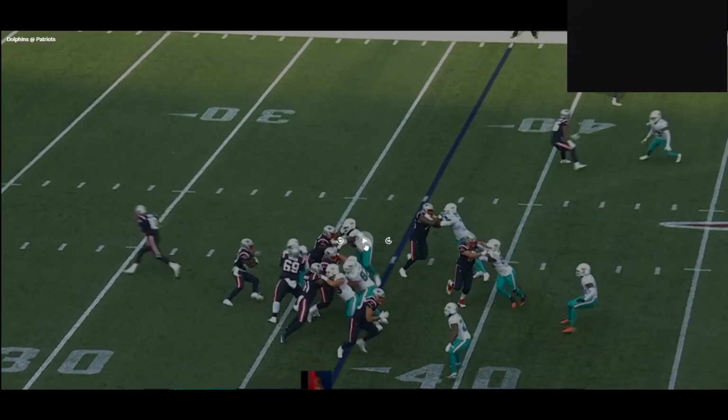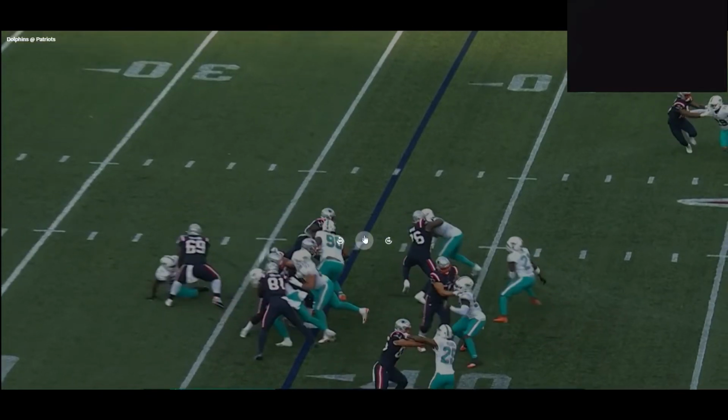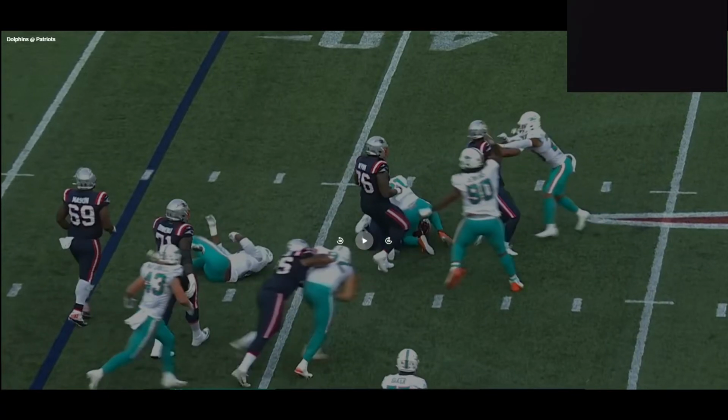Alright, so he wanted to go to the right, but this is pretty much all eaten up. He's cutting back left. I think that's Adam Butler. Yeah, so it looked like he had his hand on the inside slightly, and had his right hand on the outside shoulder, so he's able to just swim the left arm over the top. Is he able to make... Oh, that's Jenkins, actually. He's not able to get there for the tackle. A little too slow, but...